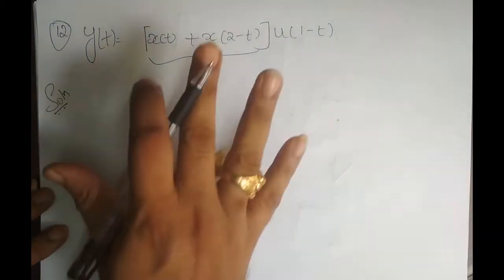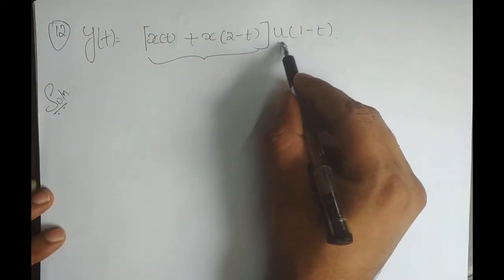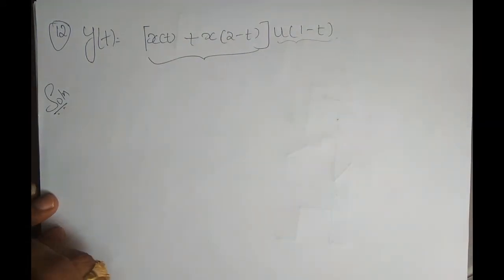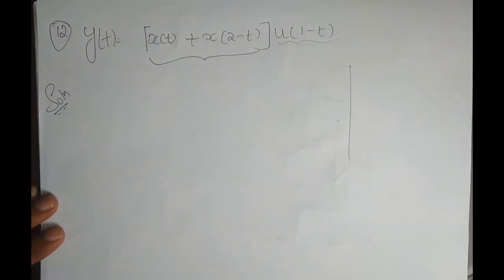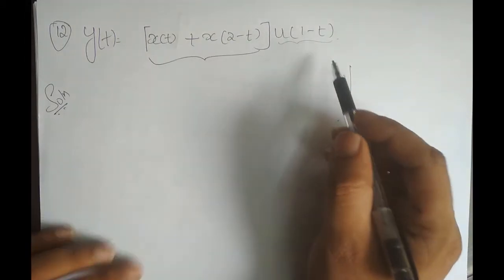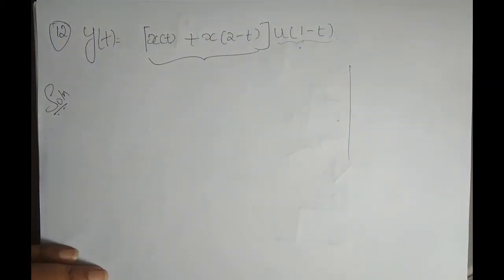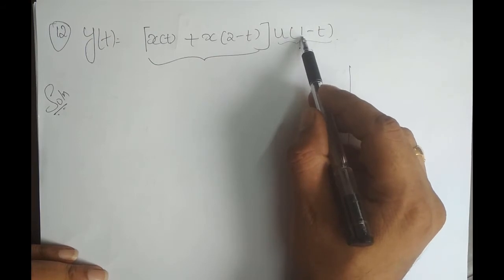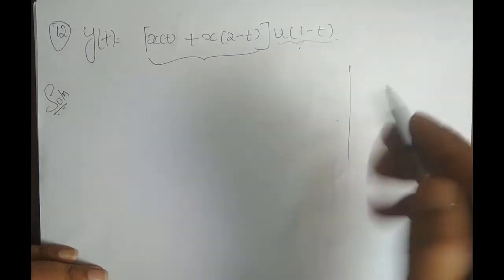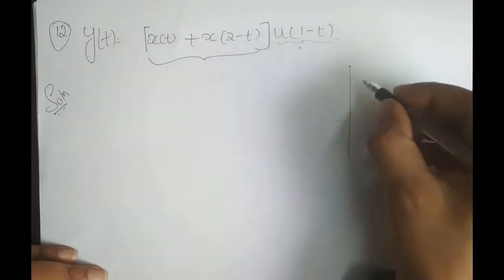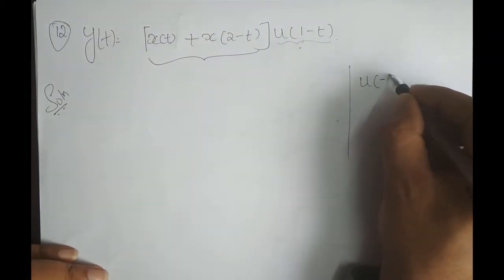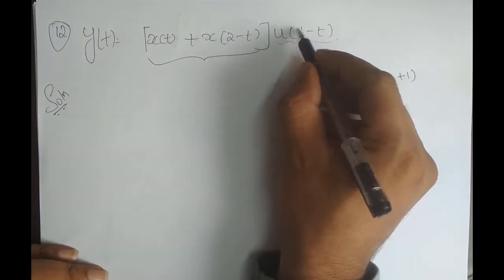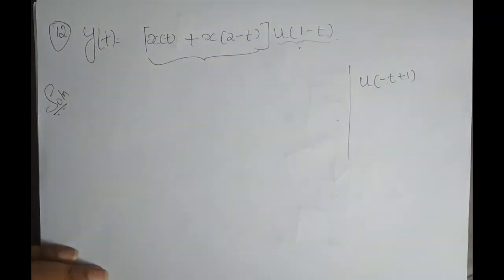For time being, we'll just keep it as it is. But how do we get u of 1 minus t? That is the question, right? Now just before you sketch the signal, you have to check whether this involves precedence rule. Now, is it in the standard form? The first thing is there should be a time, but here there is no time. So we rewrite it in terms of the standard form. So I can write it as u of minus t plus 1, right? So plus 1 goes here, minus t comes to the beginning. First term should always be the independent variable t.